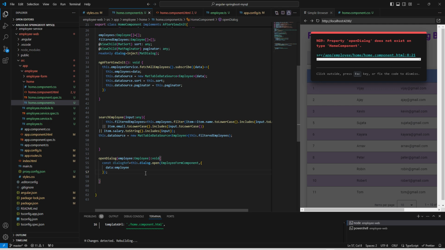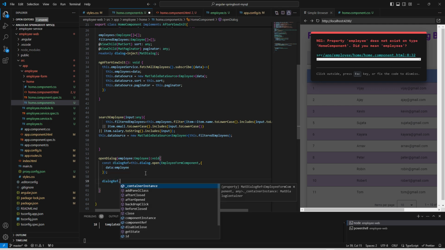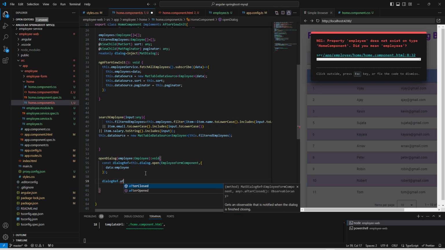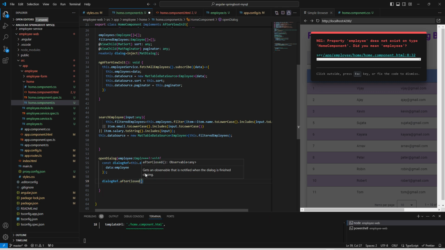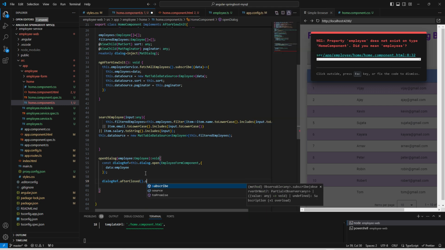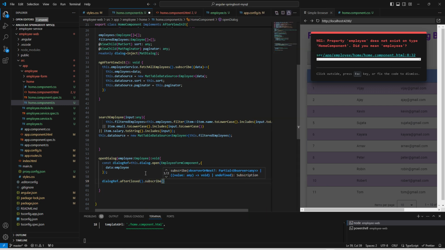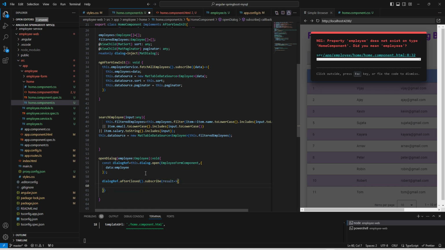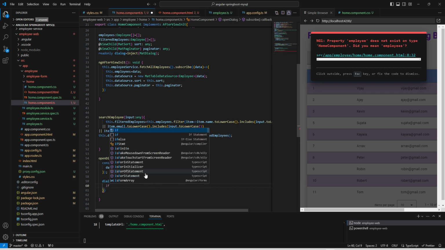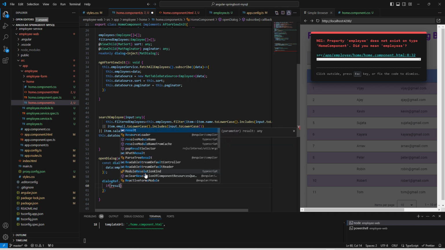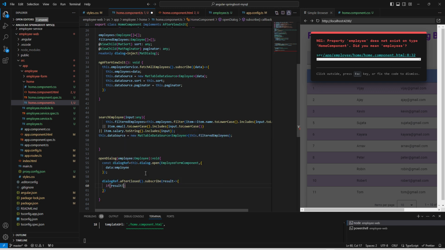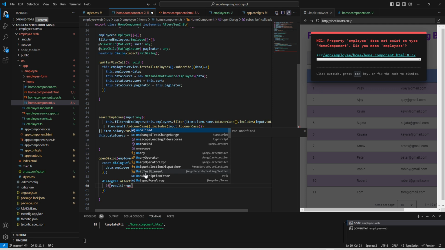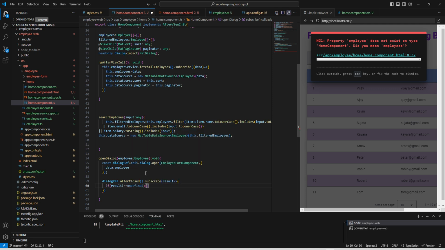Now here we can use dialog ref dot afterClosed function, and we can subscribe, and here we can say result, if result is not equal to undefined. In that case it should